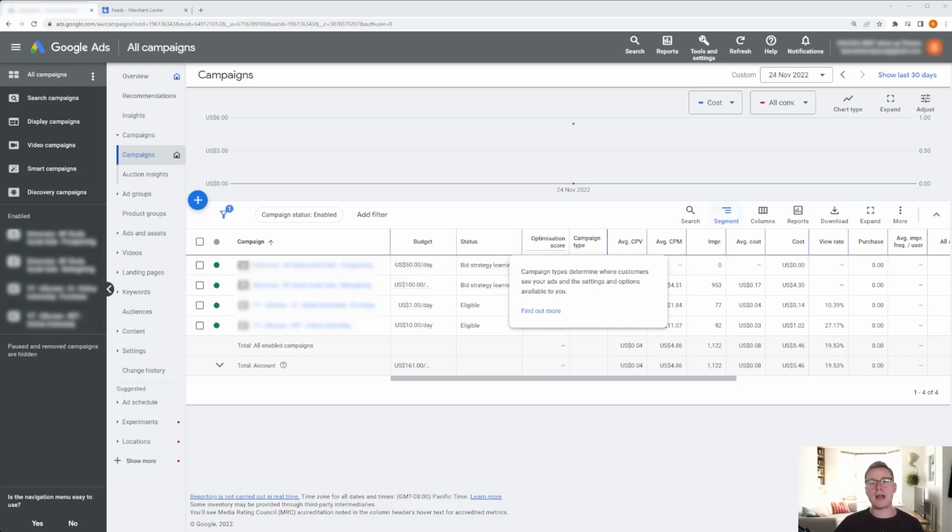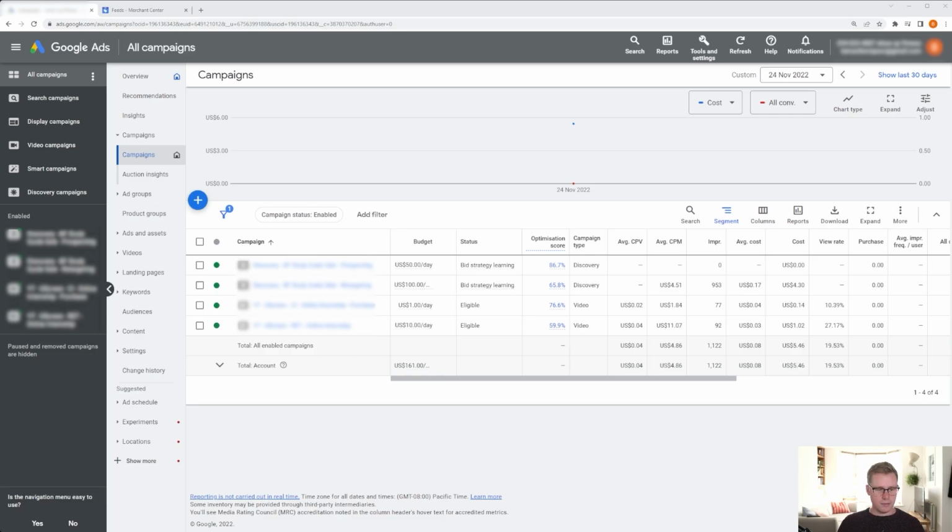Welcome to the practical side of this course. We've now finished up with the slides, so you should have a really good understanding of how to use search campaigns, when to use them, why to use them, and everything else in between about how to set up an account structure and things like that. So now it is time to put all of that into practice and create a new